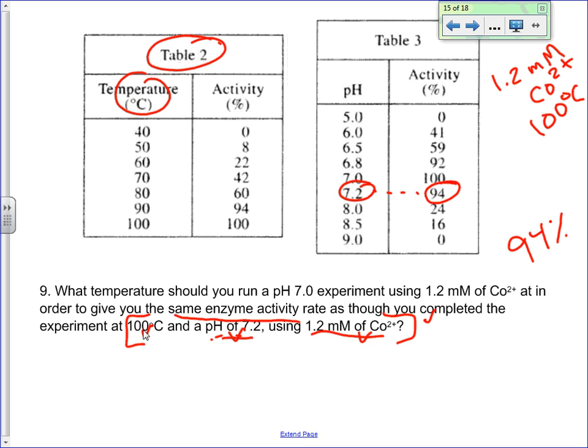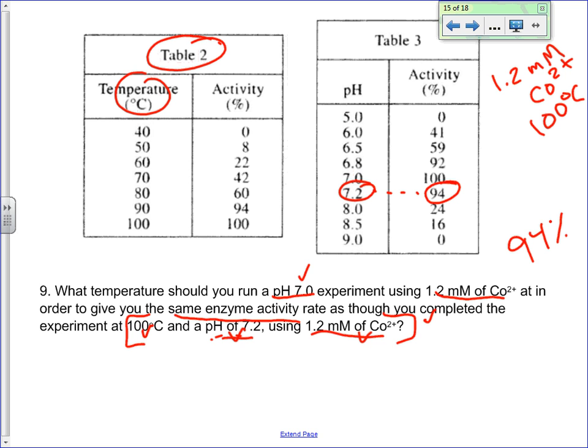But the thing is, we're not done yet. We don't want to know the activity level. We want to know our temperature. That you should run a pH 7 experiment with 1.2 millimolar cobalt. So don't we look at table 2 and look at taking both hot and cold? Excellent. Perfect. Exactly. What we do is we go back to table 2, because in table 2, we have the